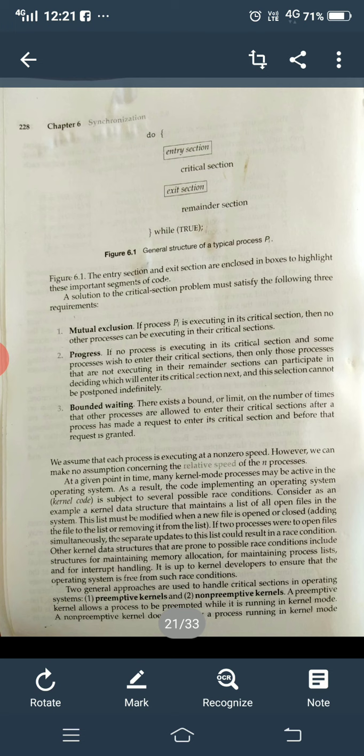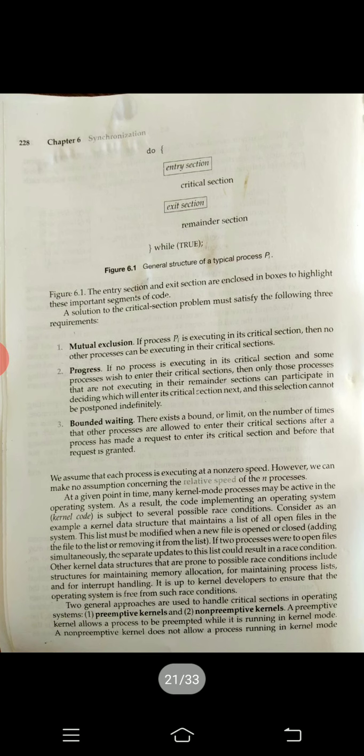Next is bounded waiting. Whenever you make a request for entering the critical section, there is a waiting time limit, the time until other processes come out of the critical section and your requested process enters. That waiting time is fixed, it is bounded. It should not be that the process waits endlessly. That is bounded waiting.